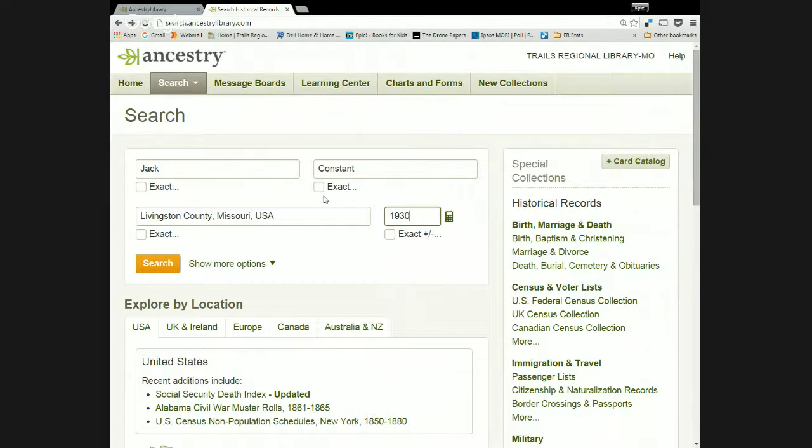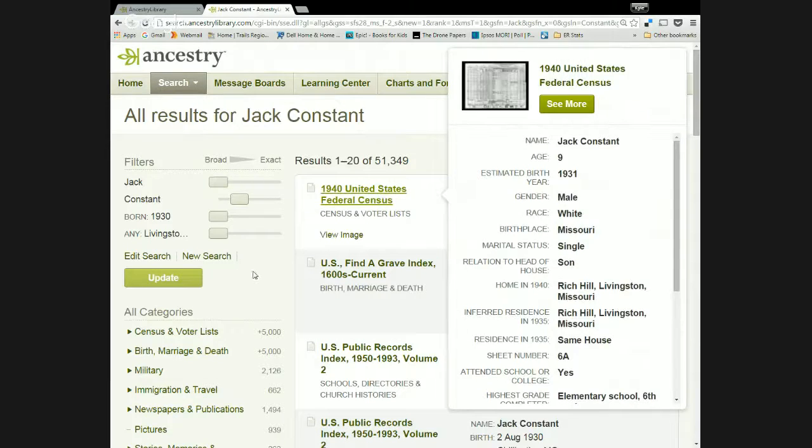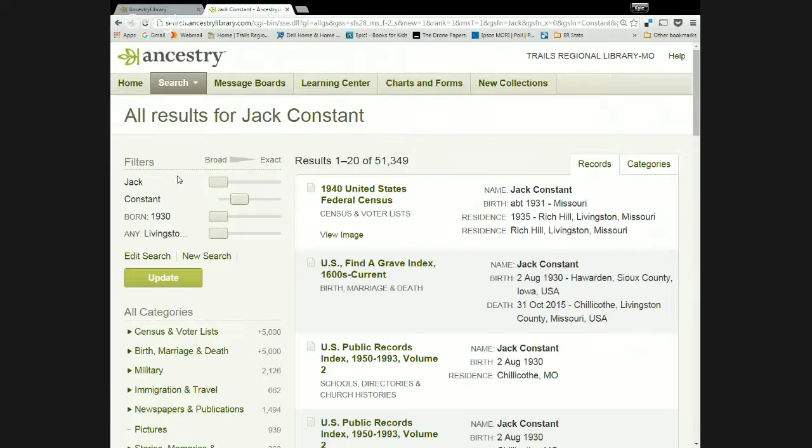You can change it here, but I'll show you there's some sliders on the next page. I think it's a little bit easier to look at it visually. So put in your information. If you have more information about your person, obviously you can put more information in there. But something else to mention, what I wanted to show you about the exact checkbox on the previous page is that